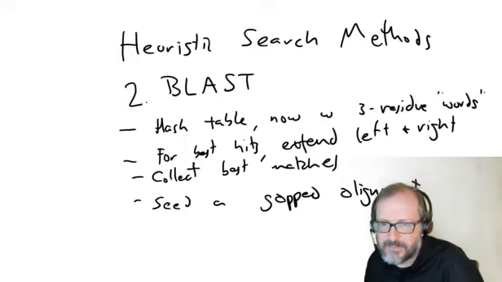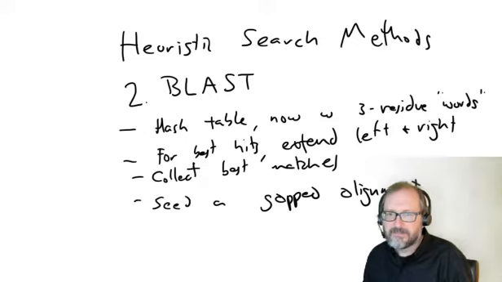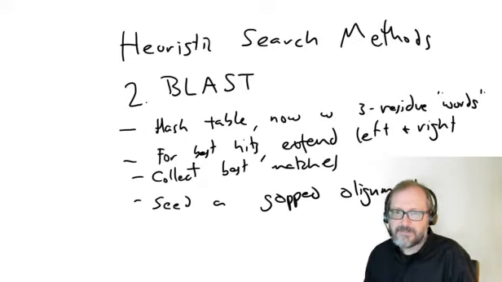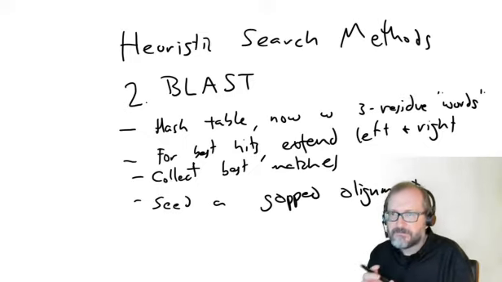Now we're going to talk about the successor method to FASTA. It's called BLAST, which you all surely know by now. And it's very similar, except this hash table, instead of using single amino acids, has so-called 3 residue words. And then you're still going to find these k-tuples, like multiple words with the